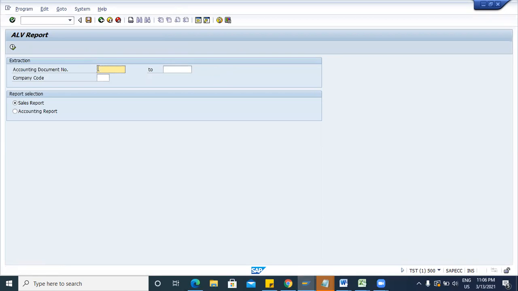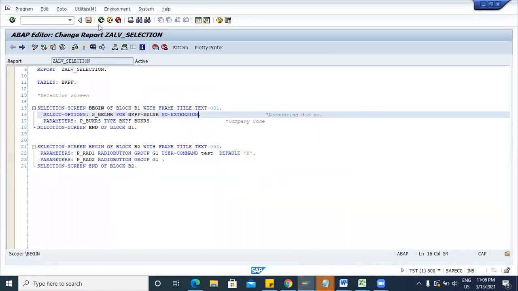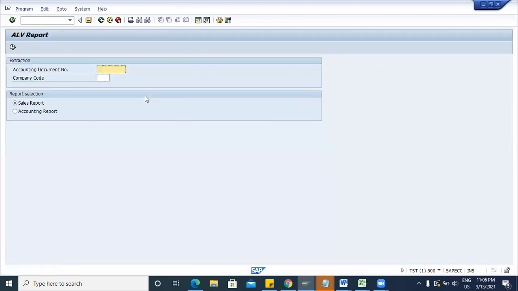If you want to pass only from value to high value, then you can use no extension if you want to hide that multiple input button. To hide the interval also we have no intervals. Now that select option will behave like a parameter.